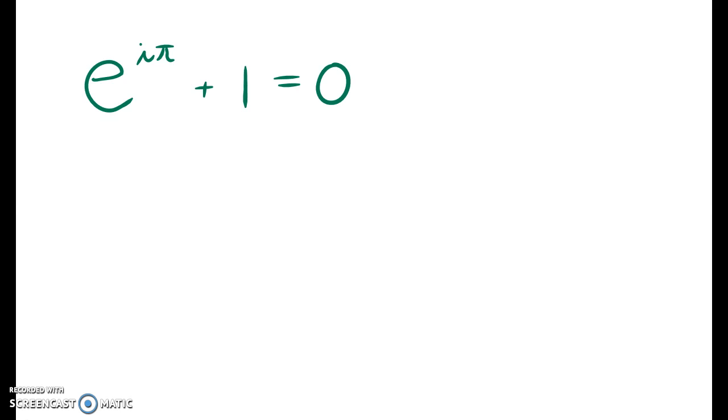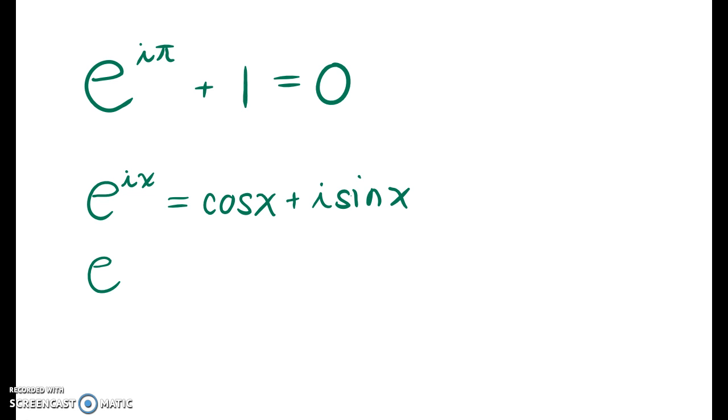What does that represent? One thing we can notice is that e to the i pi seems similar to the form e to the ix, where x is some amount of radians. Now e to the ix is equivalent, and this is known as Euler's formula, to cosine of x plus i sine of x. So when x equals pi, we find that e to the i pi is equal to cosine of pi plus